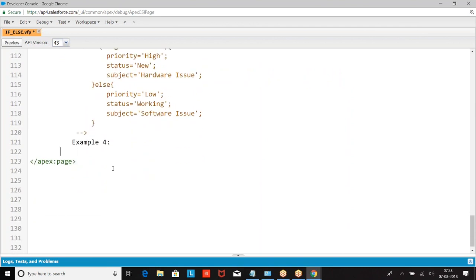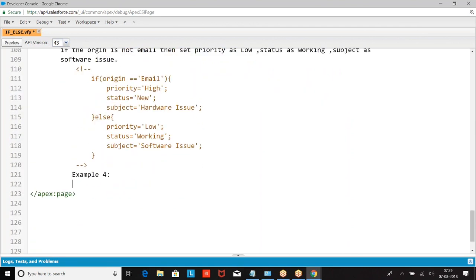Now look at this. In the next example, I want to take if, else if. Boss, are you from Hyderabad? Yes, then do this. No, are you from Bangalore? Do this. No, are you from Chennai? Do this.